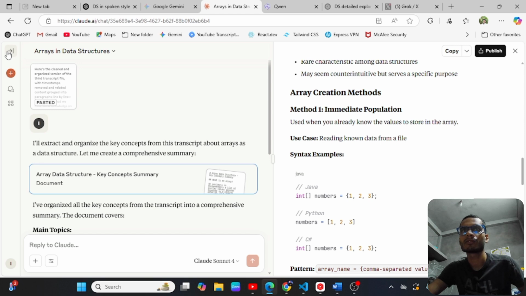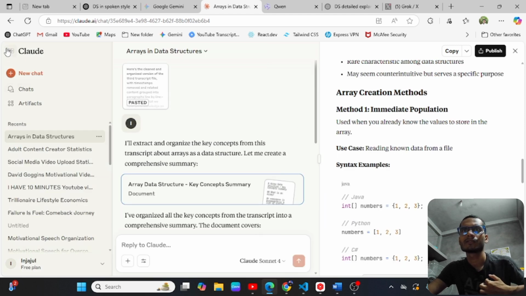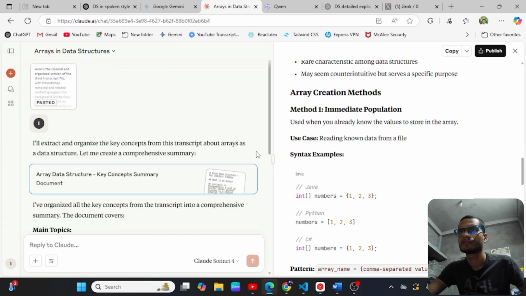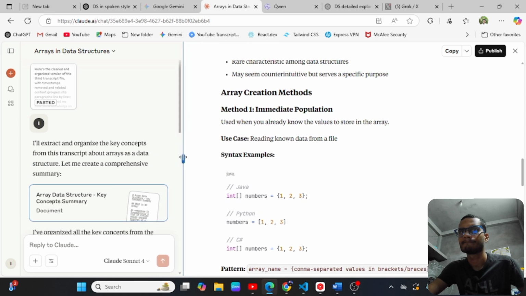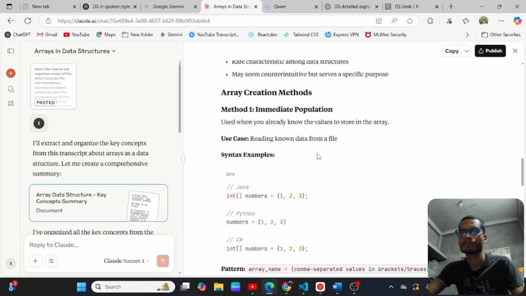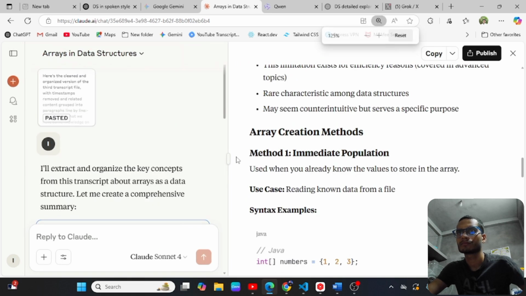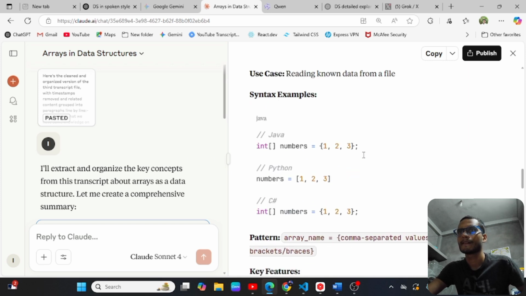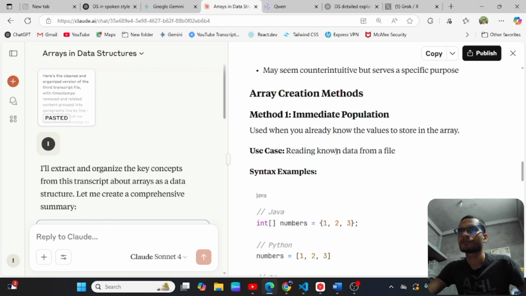So you can see it in a better way. Let me close it so you can see. All right, now you can see better. I also zoomed it out. Okay, let's see. So method one,